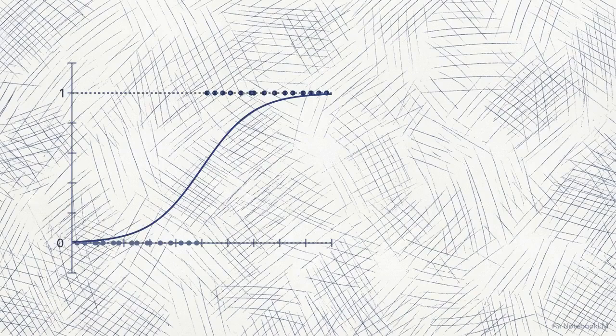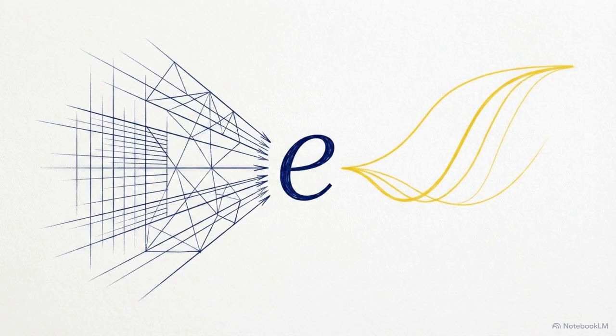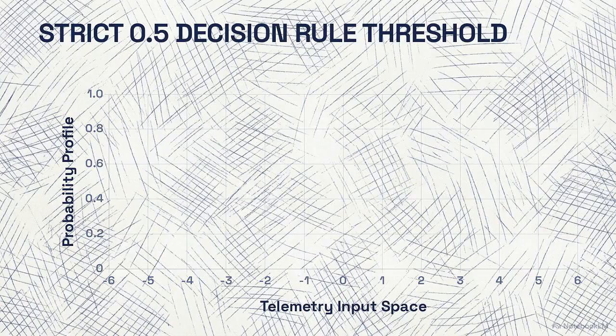Applying a sigmoid function bends the line into an S-curve, flattening perfectly at the 0 and 1 thresholds. This confines predictions strictly between 0 and 1, functioning as an exact probability. To achieve this, the linear formula becomes a negative exponent in the denominator. Instead of predicting absolute numerical values, the model uses the exponent e to transform the linear relationship into a probability distribution. Firewalls require binary instructions, not probabilities.